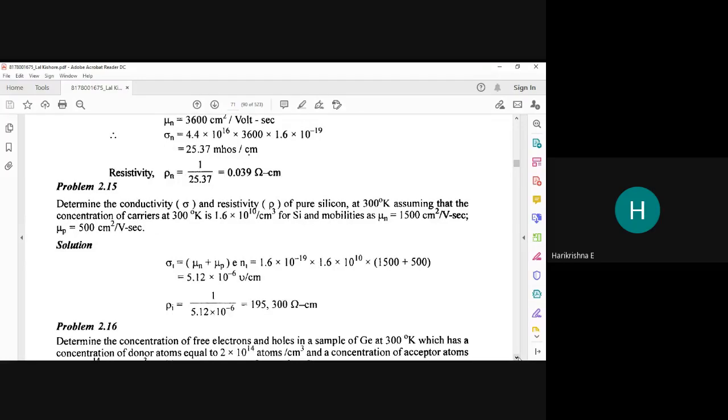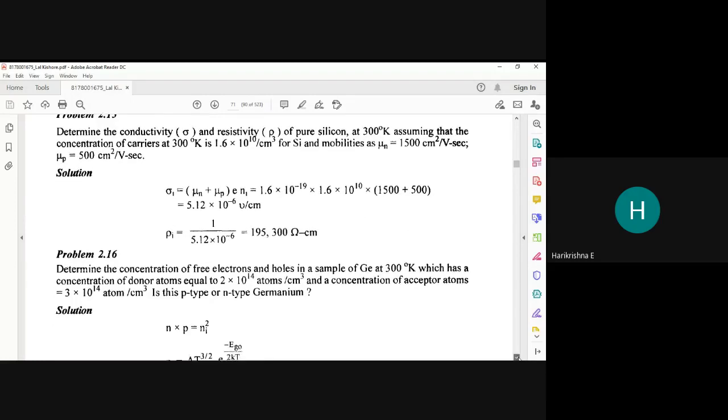Mostly the point of interest is all the formulas and their units. Units are very much important. If in the examination you have calculated everything perfectly and you have not written units, or you have wrongly written the units, it will not be considered a valid answer. So units are very much and foremost important.